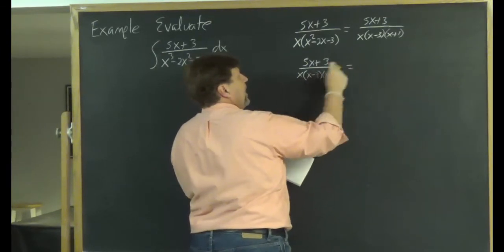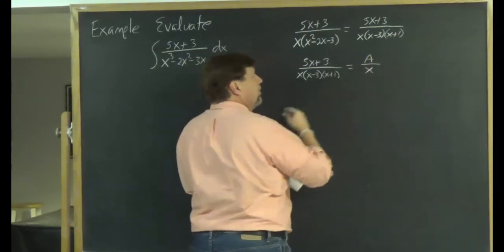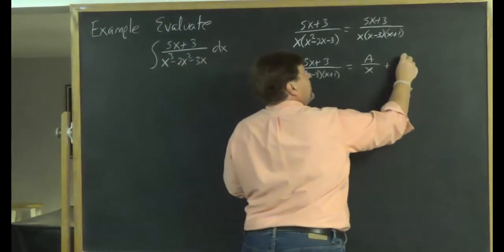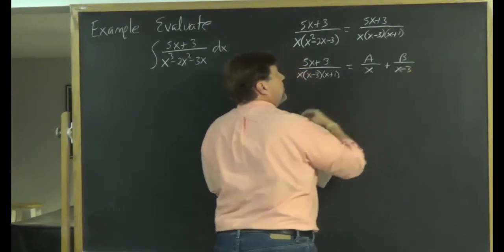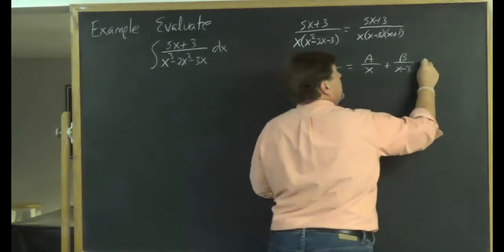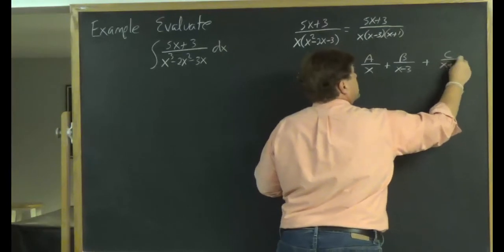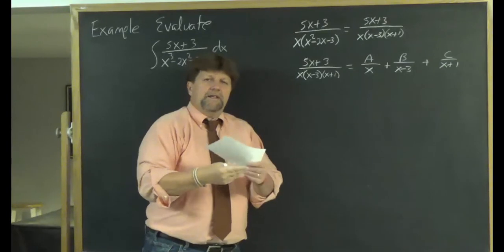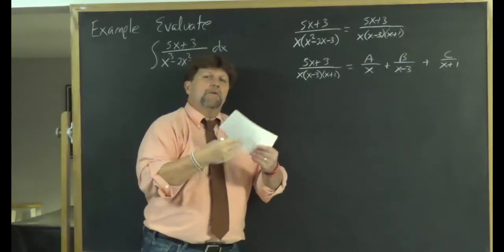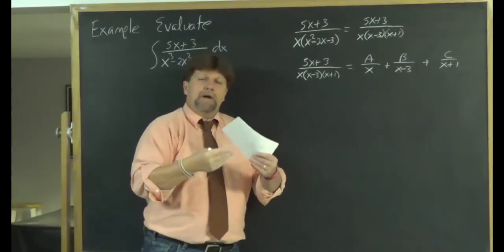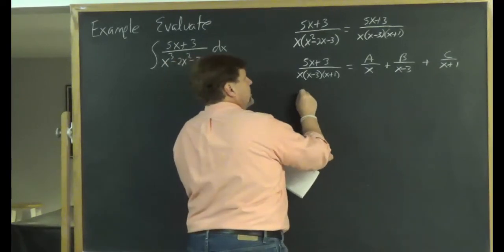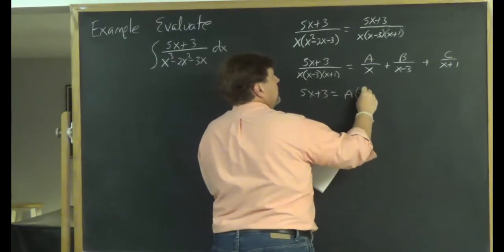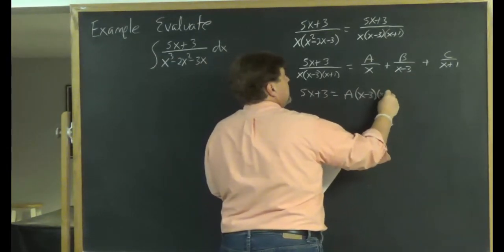So that would give me the fraction A over x, plus, got to take care of that factor now, B over x minus 3. Now this factor, C over x plus 1. So we have another fraction in there. It doesn't change the process. My next step is to multiply both sides of the equation by the least common denominator to get 5x plus 3 equals A times x minus 3 times x plus 1